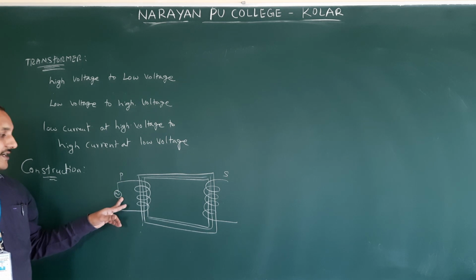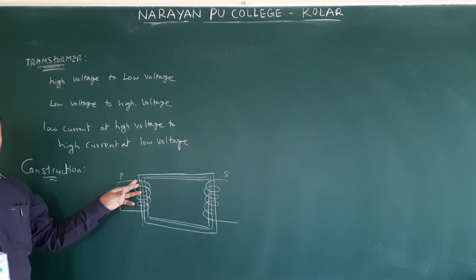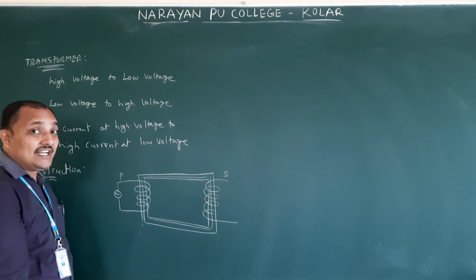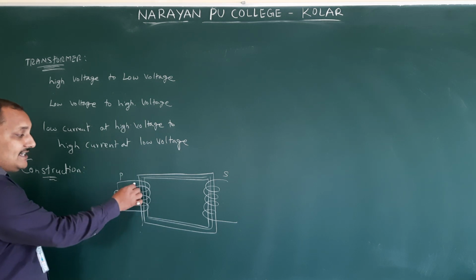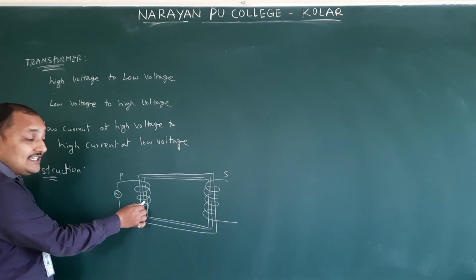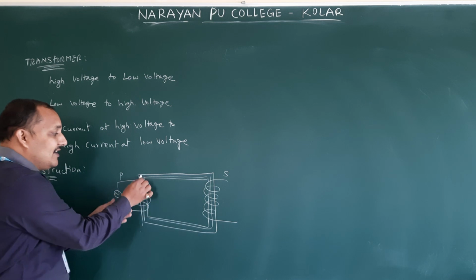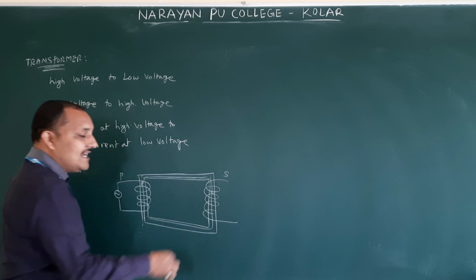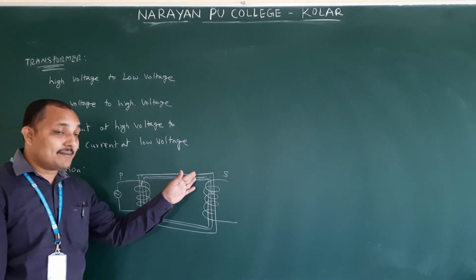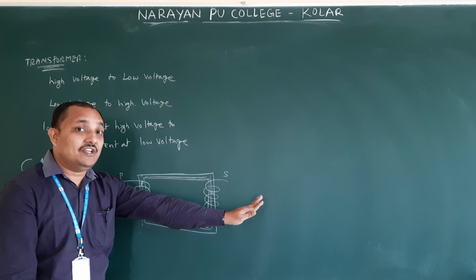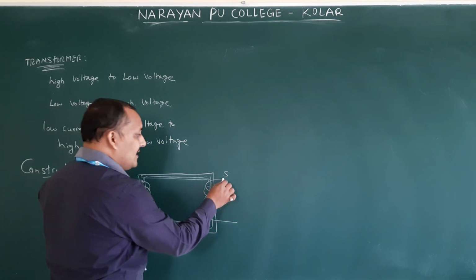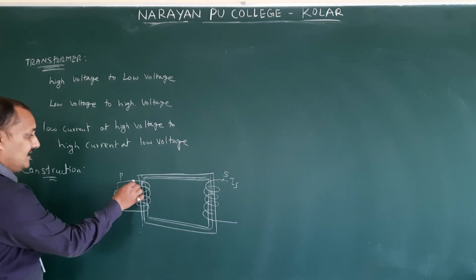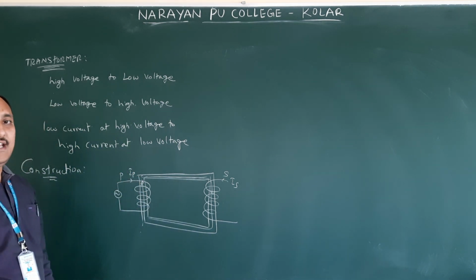Then some amount of current is going to be sent, isn't it? Whenever current is passing through this, what will be developed in this? Magnetic flux is going to be developed within this coil. This magnetic flux is going to transfer from here like this, and this flux is going to change in the secondary coil. By changing the magnetic flux in the secondary coil, what will you get? Induced current, isn't it? Therefore, the current developed in this is the secondary current, and in this it is the primary current.